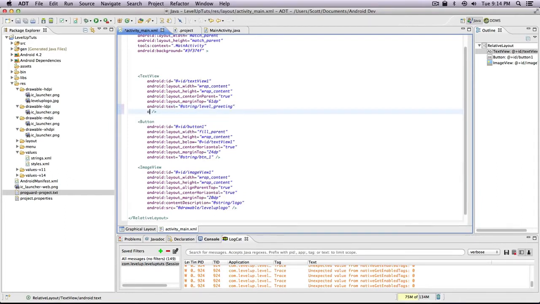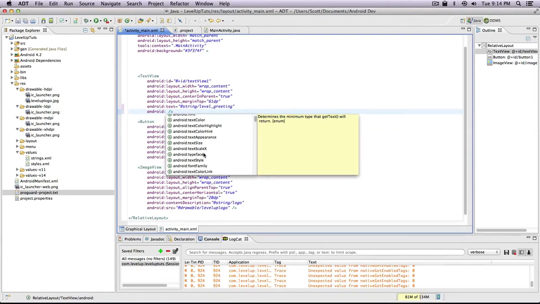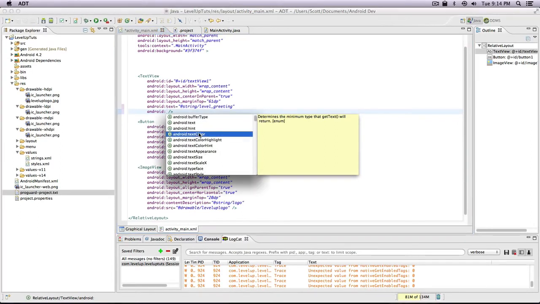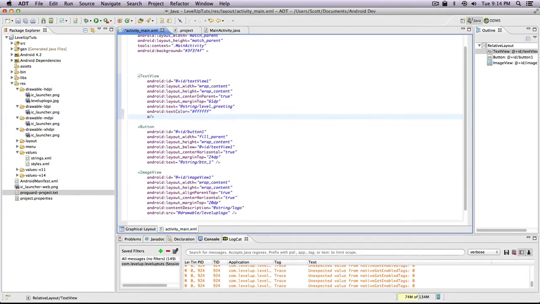So we can come to Android, and we're going to hit colon, and we know this is the text. As you can see, it knows it's a text view already, so it's giving us our options. And you can see all these different items here. So like we said before, text color, tells you it's the text color, and we're going to do pound FF, just 6 Fs for white, and this is the hex value for white if you're not familiar. And we don't like the size of the font,